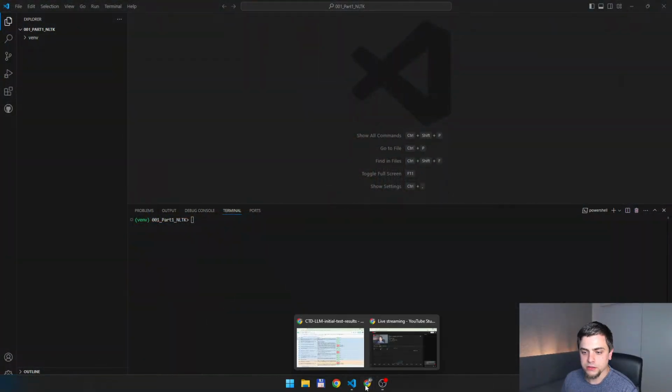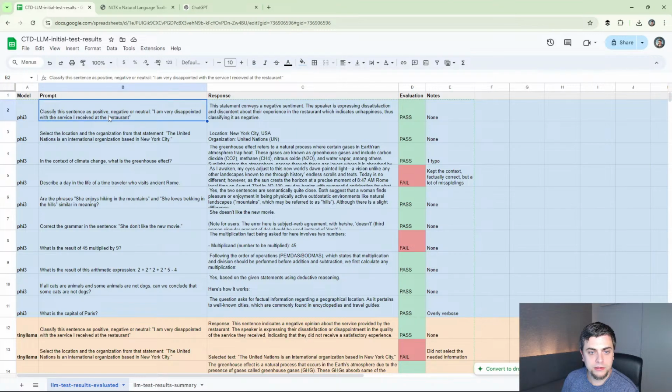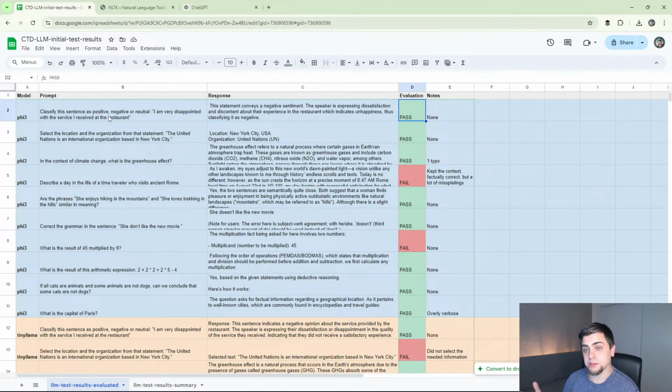Yes, it's working. So okay, I have VS Code prepared, but I also prepared this Google Sheet. Basically, that's the output of last week's test. The output was a CSV file I imported with Google Sheets, and finally I selected 3 large language models: Phi-3, the Tiny Llama, and the Stable LM 2. And these are the 10 test prompts I used for every model, and here are the responses. And finally I personally evaluated whether each passed or failed and made some notes and some summarization